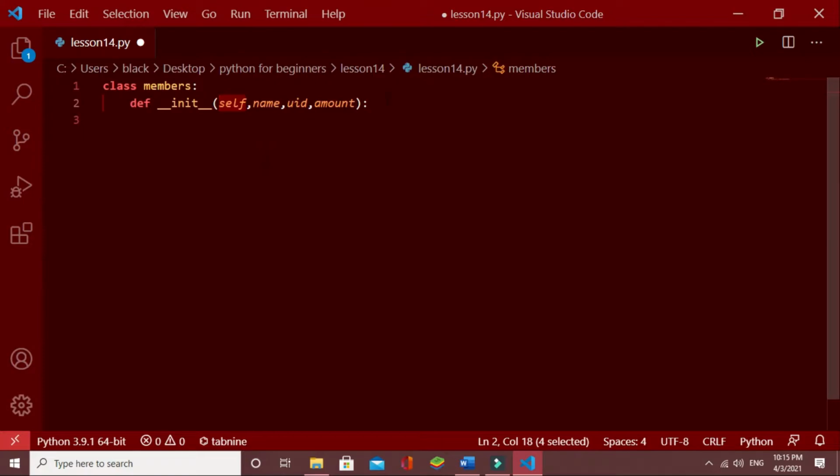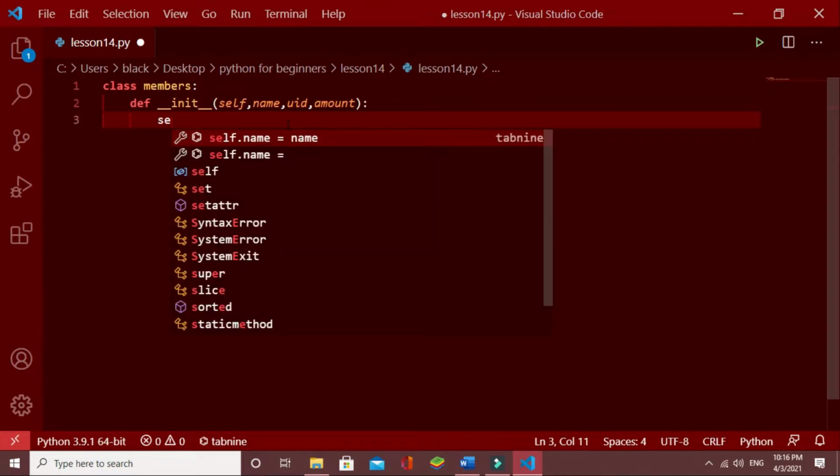Let's talk more about that later. For now, we have to include self too. By using self, we are telling Python we are going to initiate an object and we are giving this input for that object. Here we are giving this name, UID, and amount for an object.